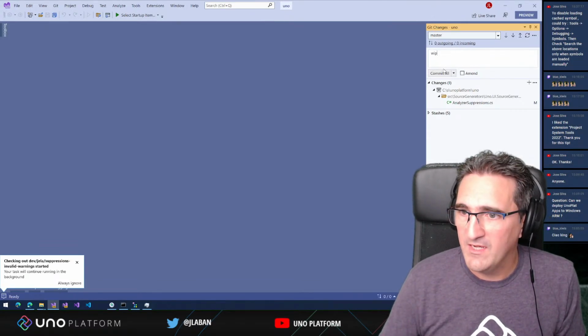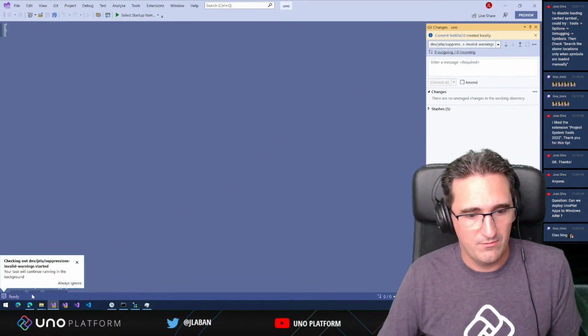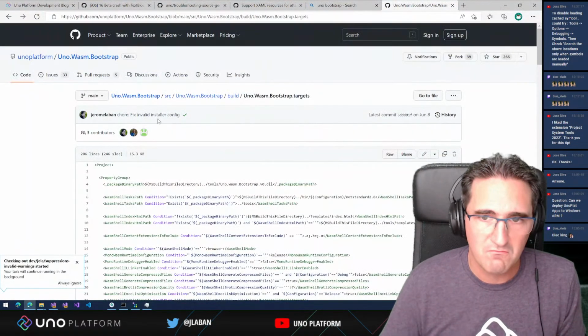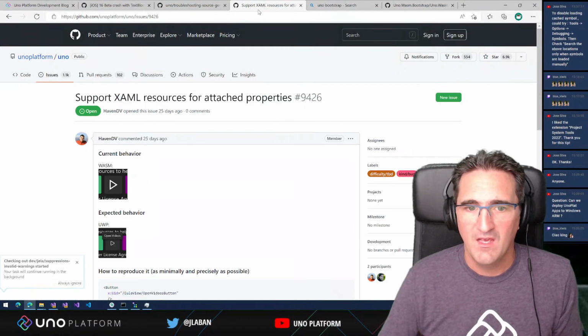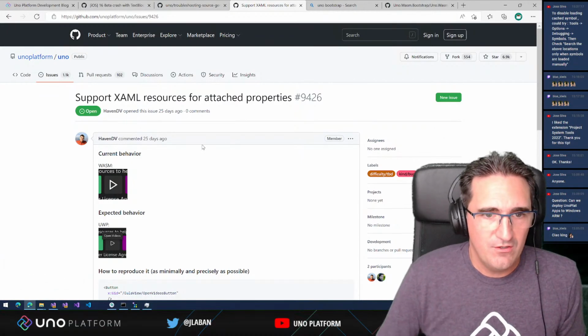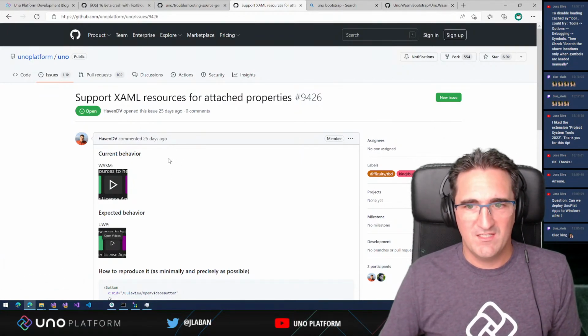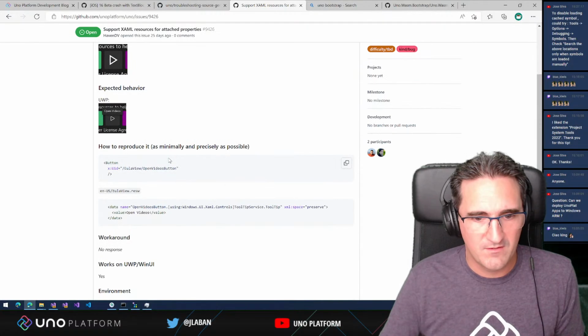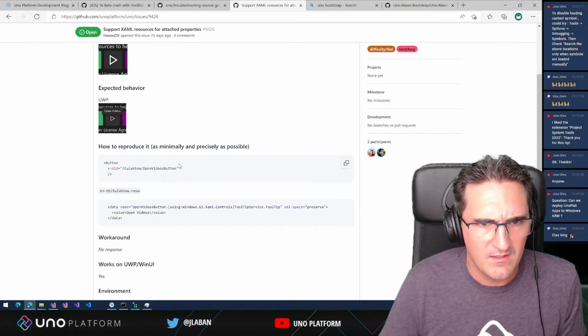Now we're gonna go take a look at the other issue. We have 20 minutes. Should be fine. So the second issue is the support for XAML resources for attached properties. Okay, so the idea here is that you can have a button that has a UID,